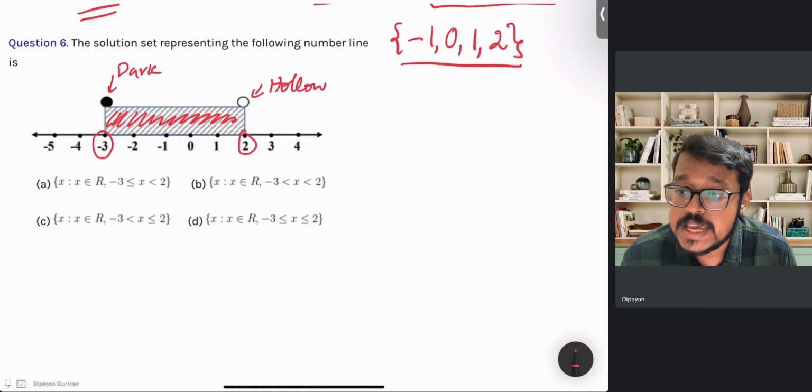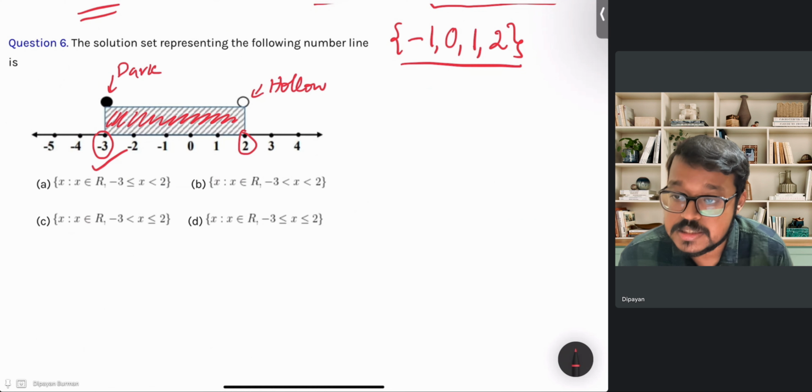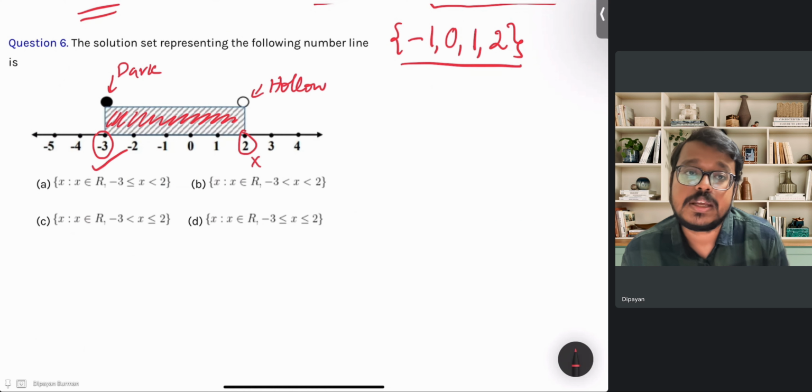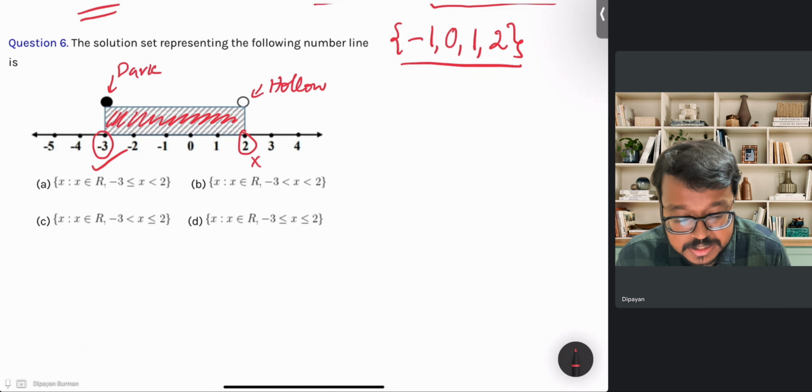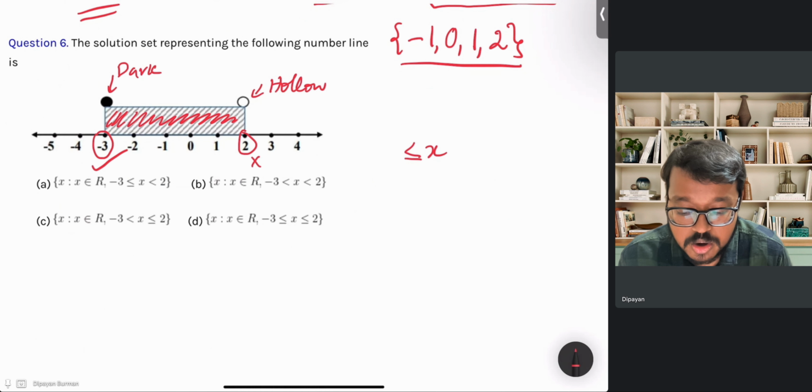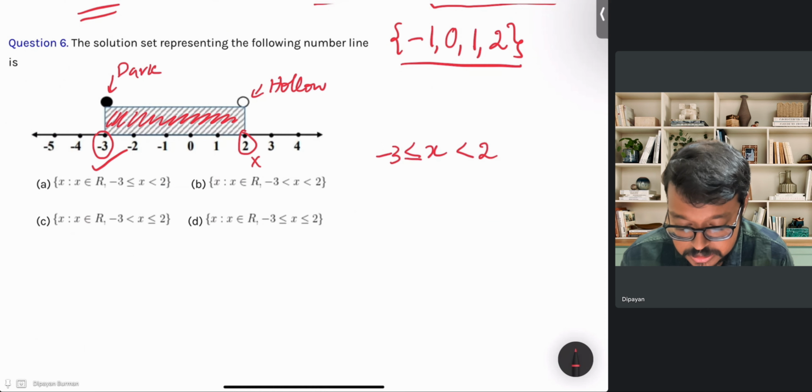There is a dark circle at minus 3 and a hollow circle at 2. So that means x can be equal to minus 3 also, but x can never be equal to 2. So we will have a range of x which is greater than or equal to minus 3, but strictly less than 2. So if I look at all the options, this is the correct